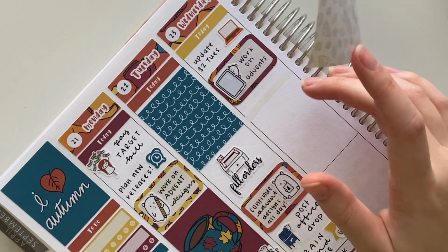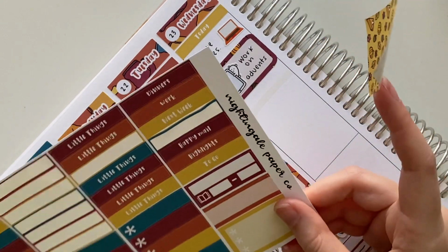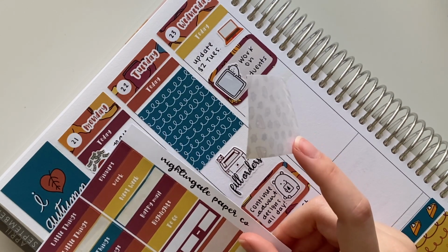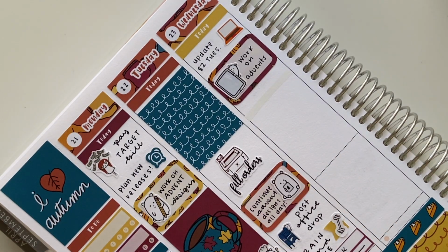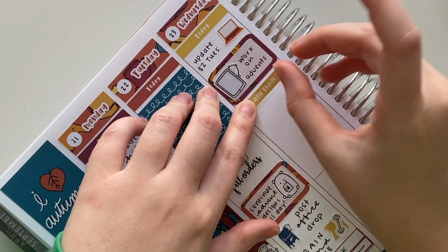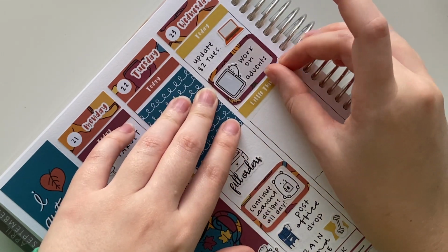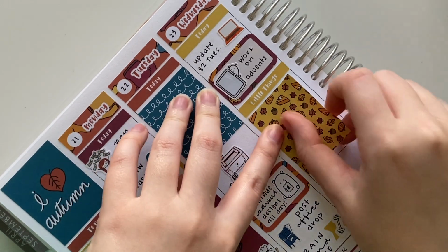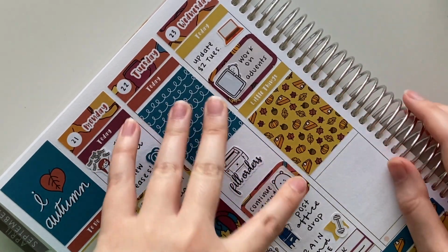I think I want to put a header right there. Let's see. I will use a yellow header. And then the full box. So,